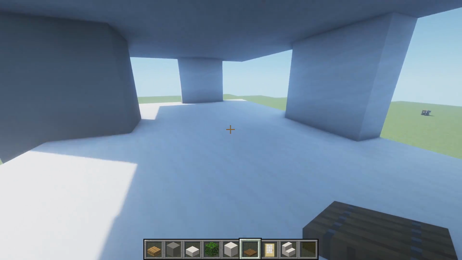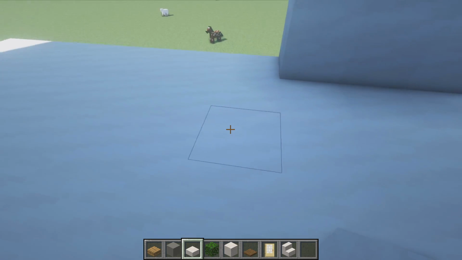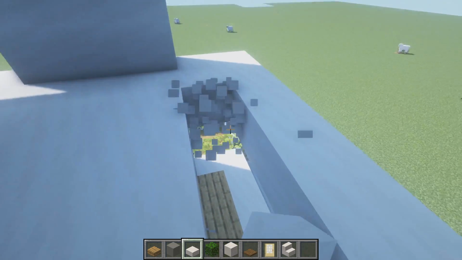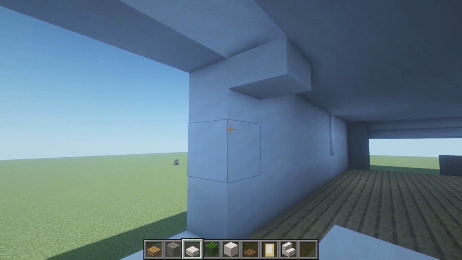Now, staircase. That is what we've got to be adding next. And I think I've got an idea of what we're going to do. I'm going to jump to this wall just here, and we're going to remove the middle 1, 2, 3, 4, 5, 6, and 7 blocks of quartz, okay? And we're going to place a quartz slab going down, and we're going to do this until we reach